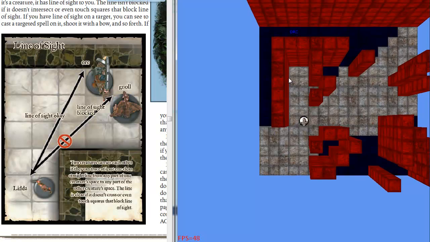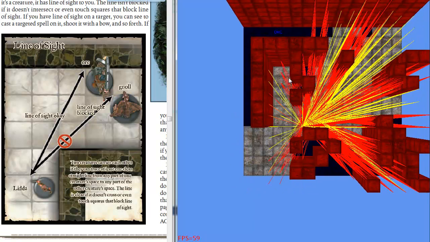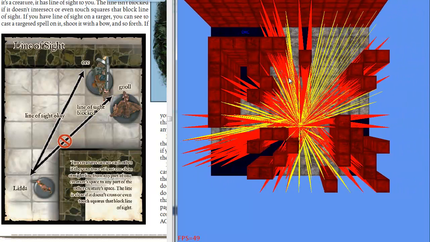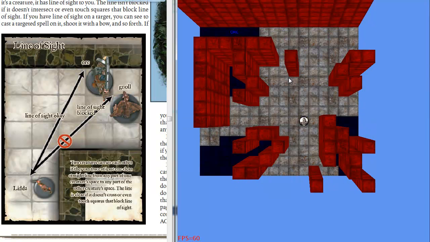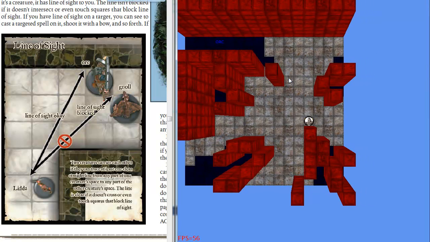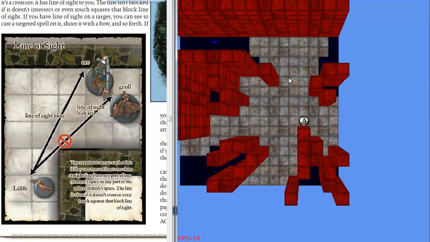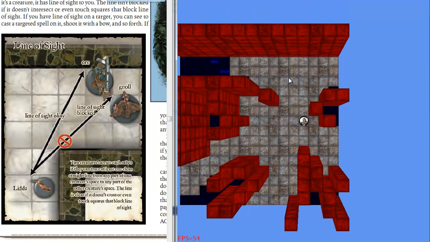The performance starts dropping down quite a bit too, as you can tell here. It takes a few seconds to redraw everything. I'm basically doing a flood fill and then doing 4 times 4 calculations per square. I'm sure there's a much better way to do line of sight calculations. I just did something quick so I can see if I like the end results, and I'm not so sure